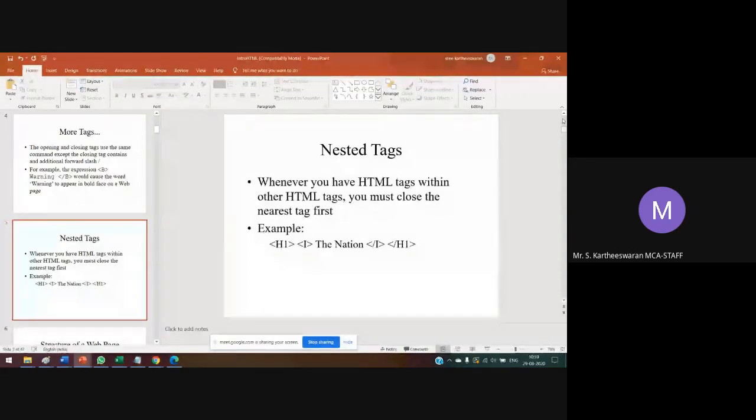Inside this header tag we are using the italic formatting tag. So the first closing tag is the italic tag, and after that the H1 header tag is closed. So it is called nested tags.